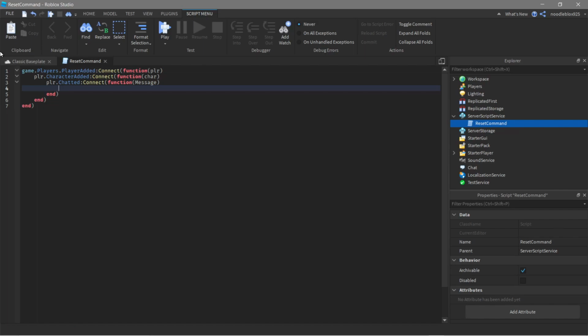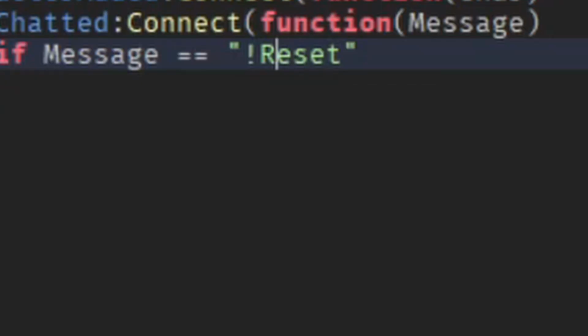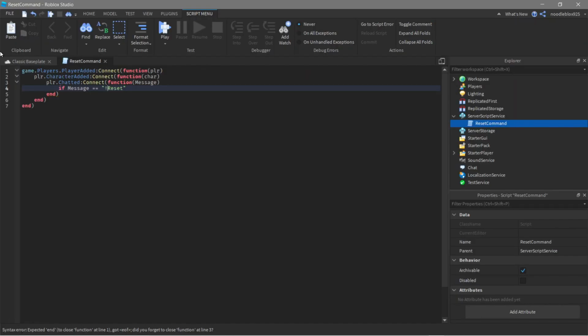Okay. If message equals to reset, you can make it without the exclamation mark. You can make it with a colon, you can make it with a semicolon. I'm just gonna make it with an exclamation mark. If message equals to reset, then